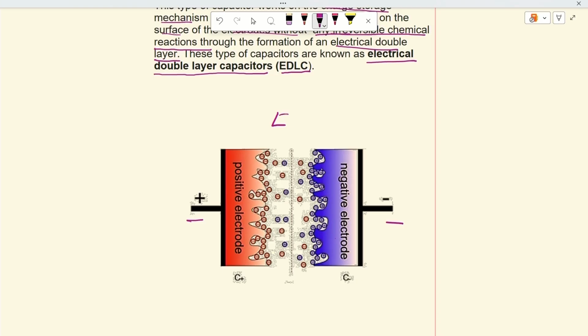On the other side, we have the negatively charged electrode with more positive ions near it, and there also forms an electrical double layer. Whenever required you can tap this energy, and this is how energy is stored in a supercapacitor or electrical double layer capacitor. There are no chemical reactions, only the polarization and attraction of opposite charges cause the formation of the electrical